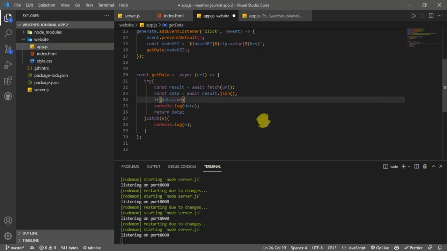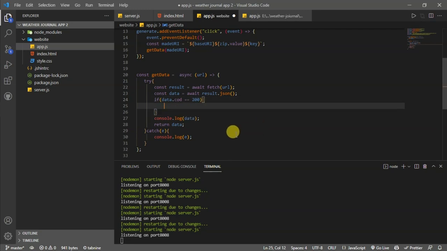If data.cod equals 200, then I want to get this data here,